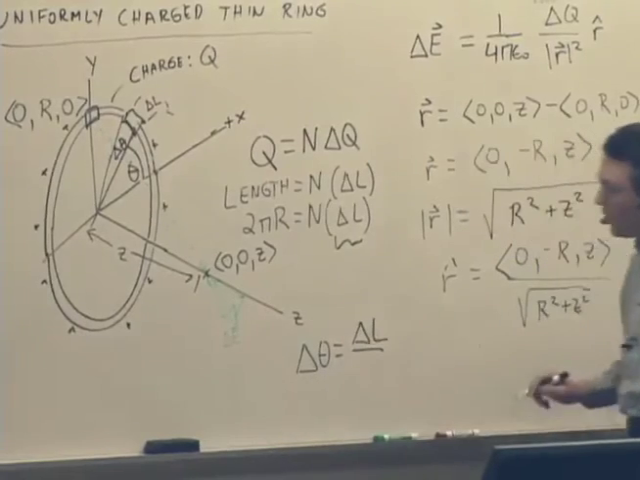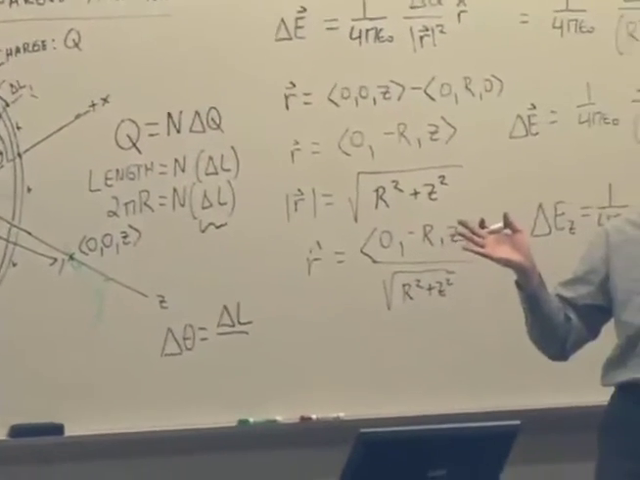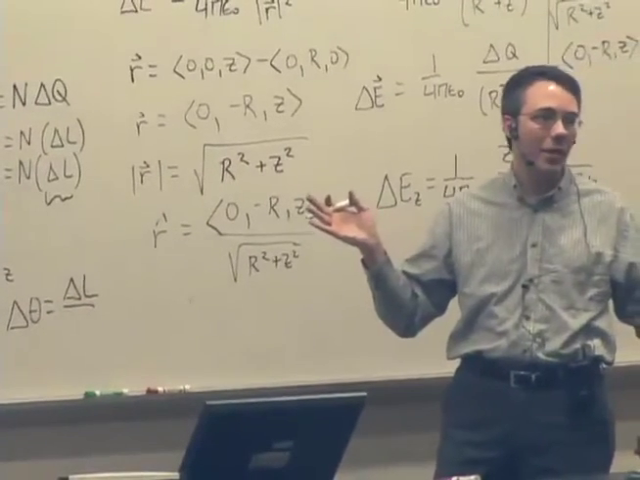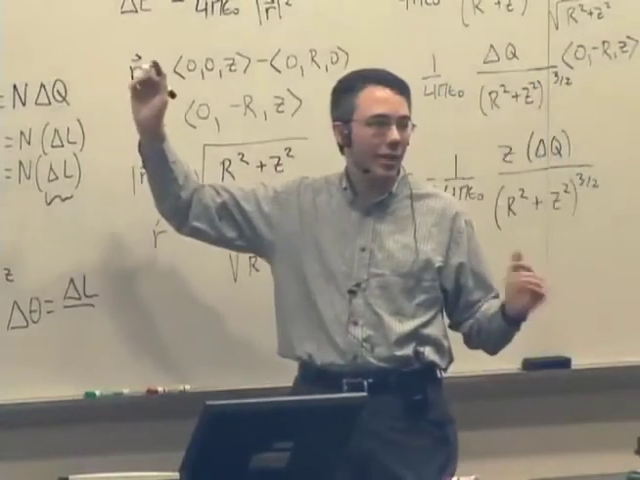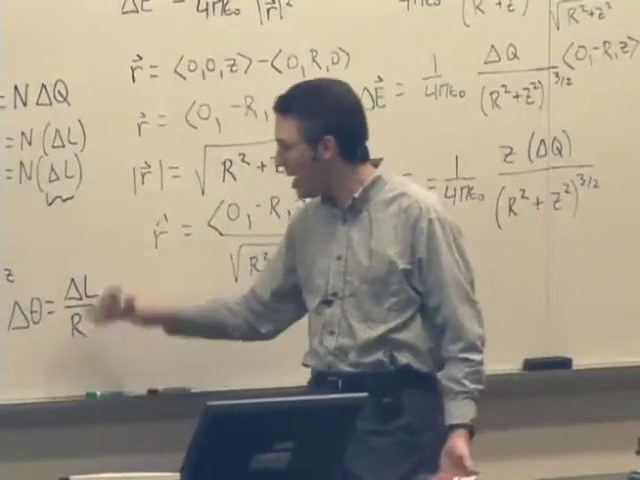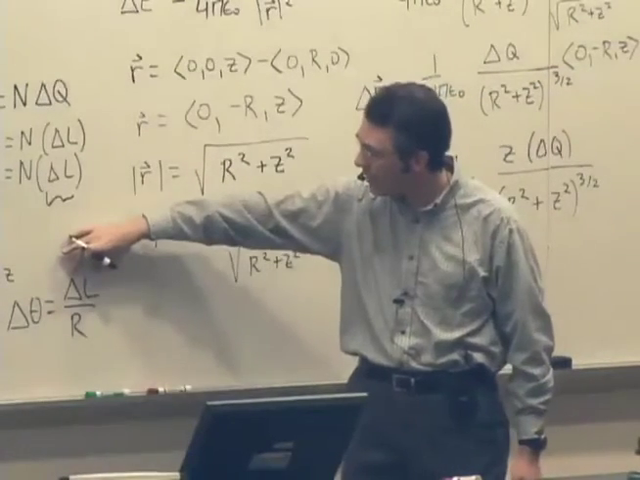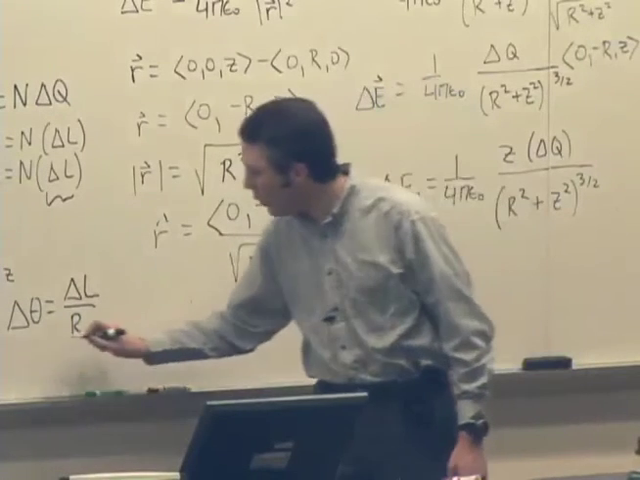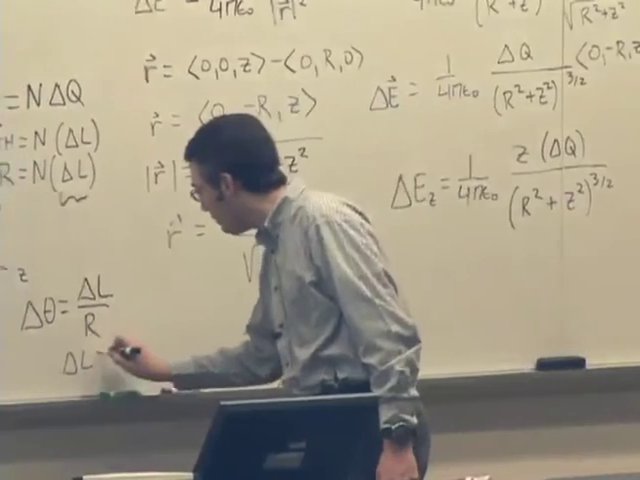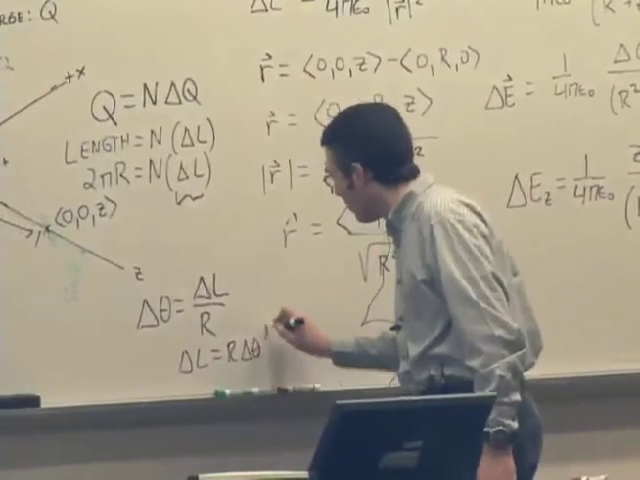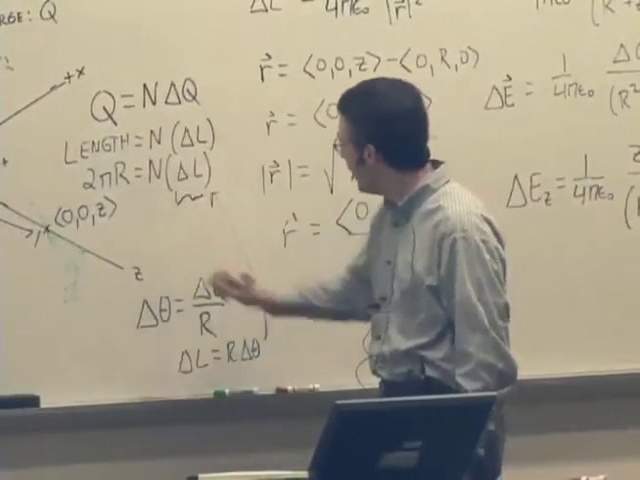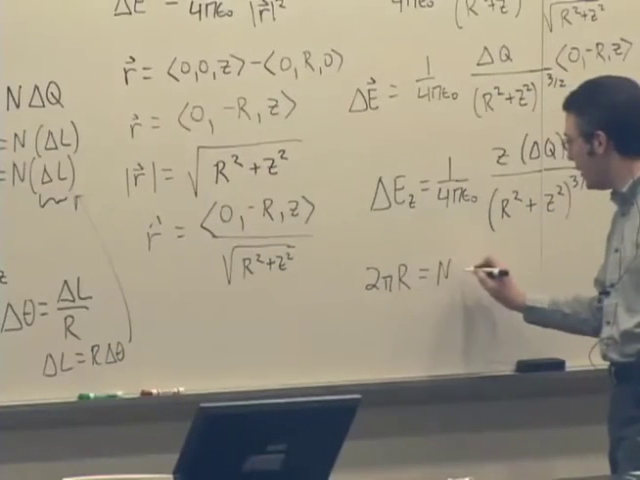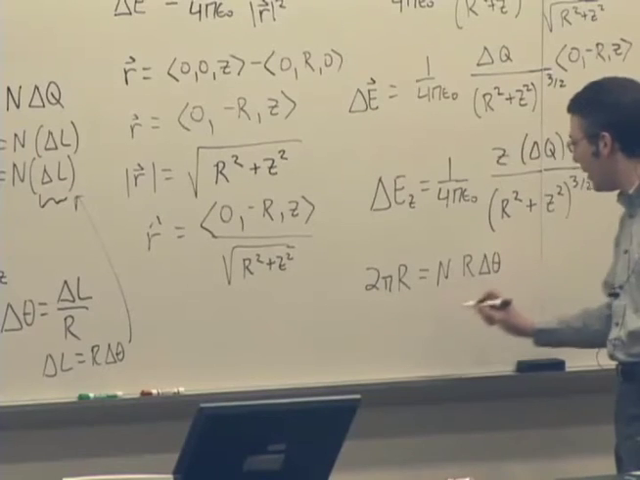Delta theta is equal to delta L over, not 2 pi, not delta r, but just the radius r. That's what a radian is. It's that little length divided by the radius, okay? So delta L would be r times delta theta. Plug that in, and you get 2 pi r is equal to n times r times delta theta, but it's also